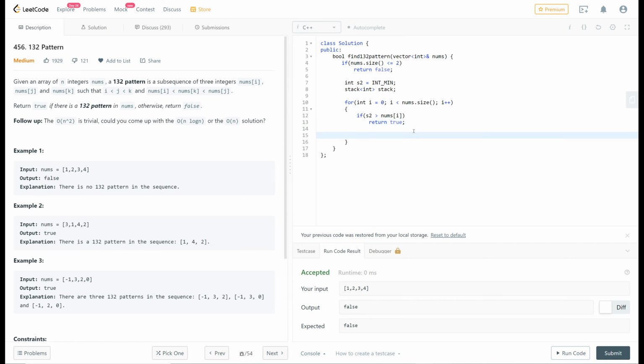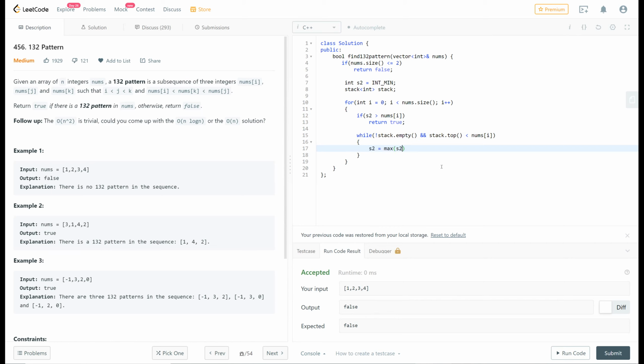Else I'll keep popping from the stack while my stack is not empty and the top of my stack is less than the number that I'm looking at. So while this is true, I'll keep popping from my stack and updating my s2.